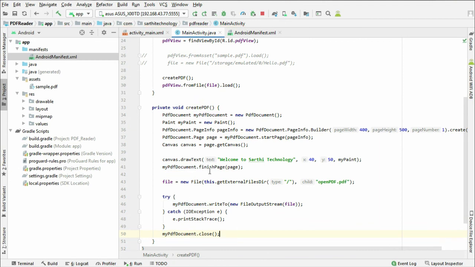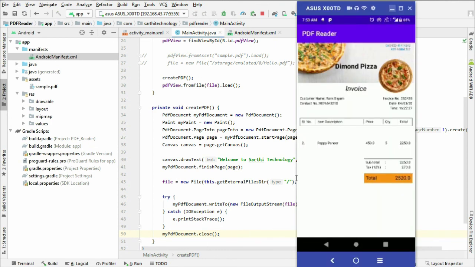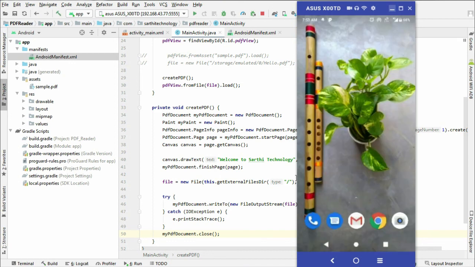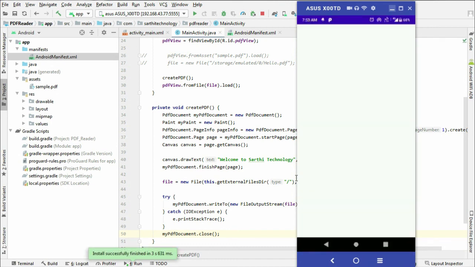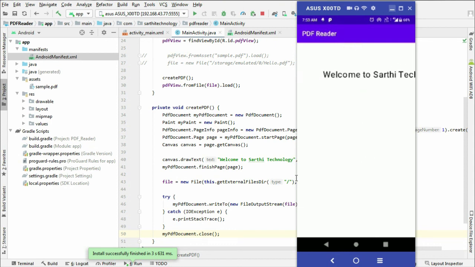Okay, so in this condition first we will create a file and then load that file. Okay, so again try to run this. So here you can see application is running, and this is the PDF that we have created and we have opened that.